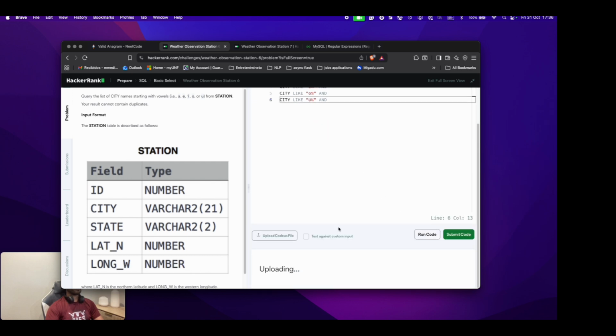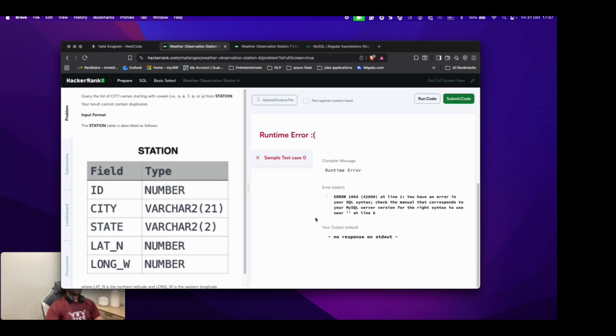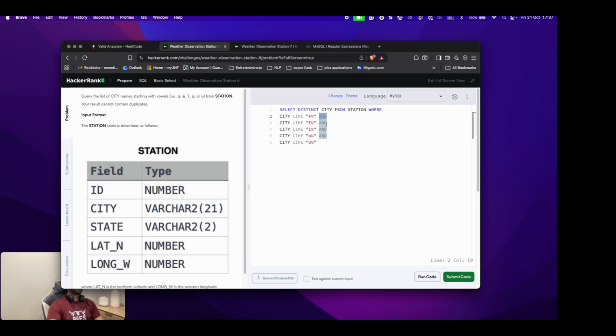If we run this, we got an error. So the error here, of course, is because we are trying to say the city starts with A, and the city starts with E, and the city starts with I. That's impossible. So we want the city to start with A, or the city starts with E, or, and the same for every one. So if we run this now,